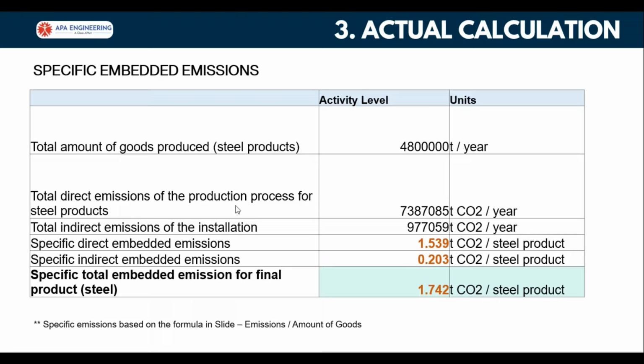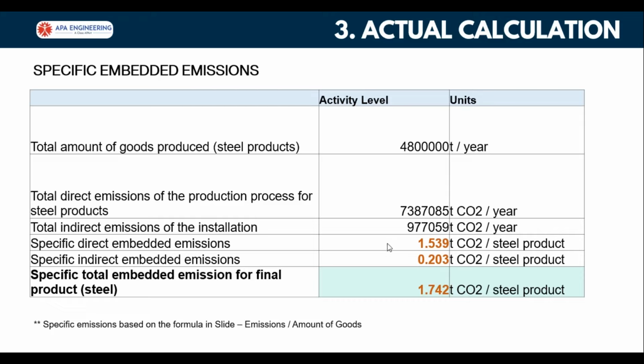This has come from the activity level on the previous slide, and then you have your total direct emissions, which we figured out by attributing your emissions to both the input and output, subtracting them, and arriving at a value. That is the value you see here, 7387085, in tons of carbon dioxide equivalent, forgive me. And then you also have the total indirect emissions of the installation, which we saw on the previous slide. And finally, you can